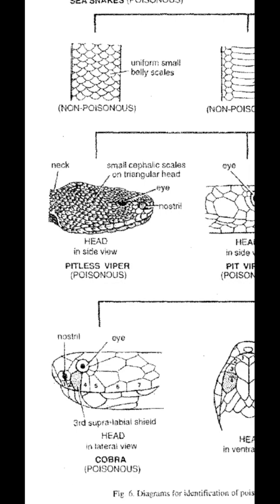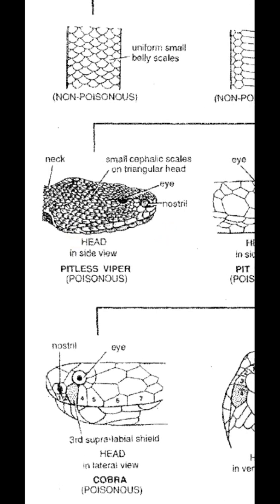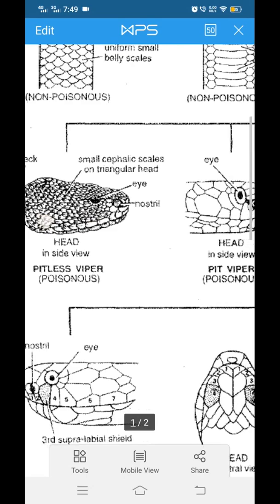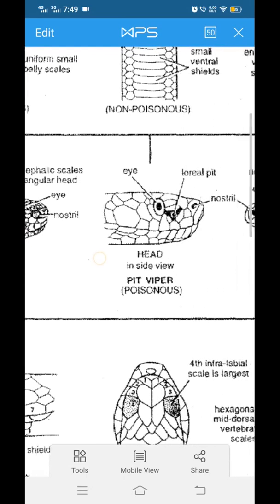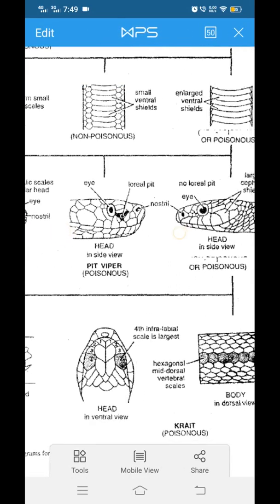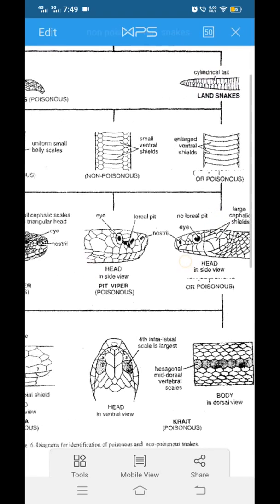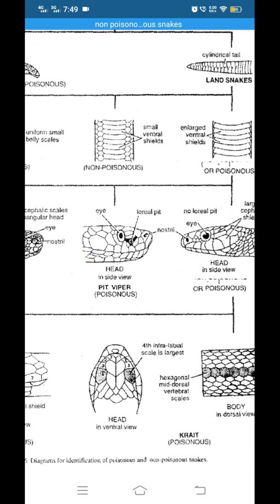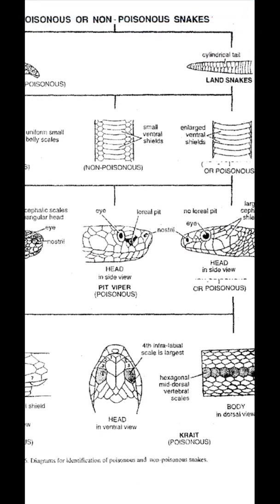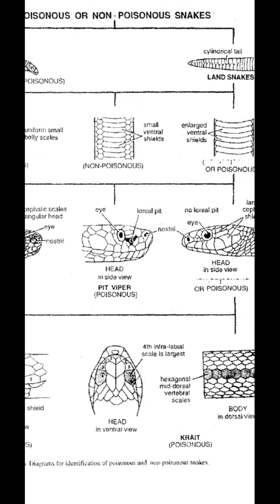And this kind of snake, which does not possess a loreal pit between the nostril and the eye, is known as a pitless viper. Now again, if there is a land snake that has a cylindrical tail and small head scales, but there is a presence of a loreal pit between the nostril as well as the eye,